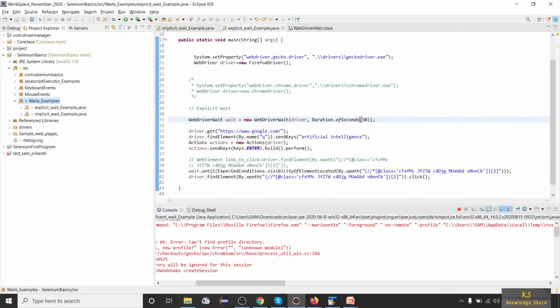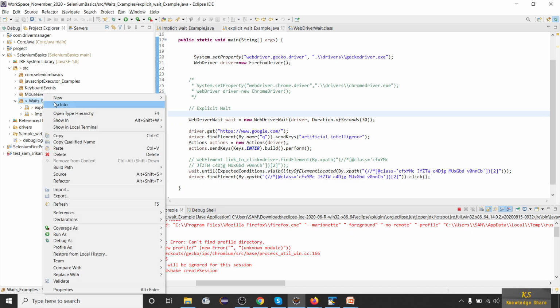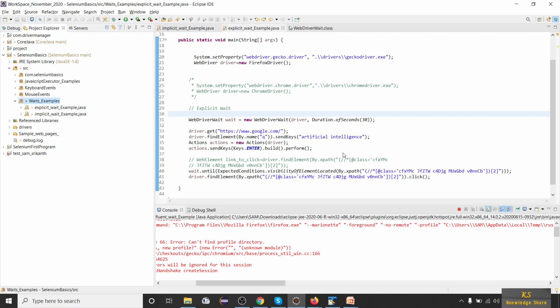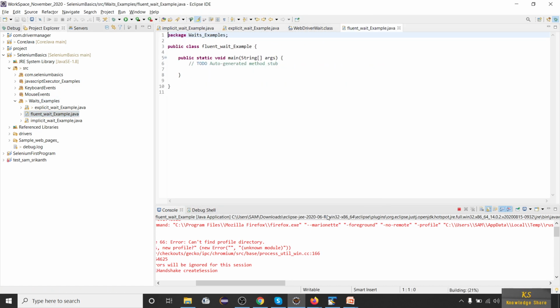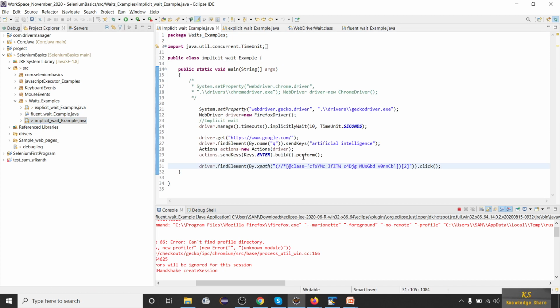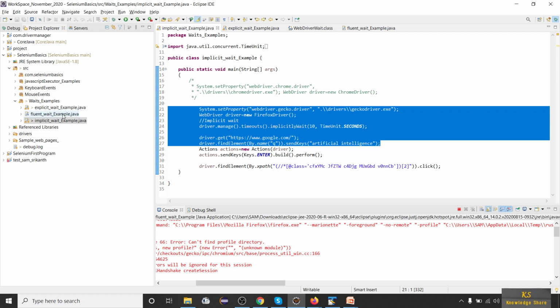In the previous session, we saw implicit and explicit waits. Let me create a new class and name it FluentWaitExample, with public static void main. Let me take the sample code which we used for opening a Google page and then typing some text into the search box.